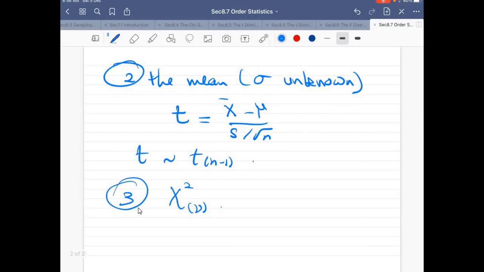If Y has a chi-squared distribution with nu degrees of freedom, then the t is the ratio of a standard normal divided by